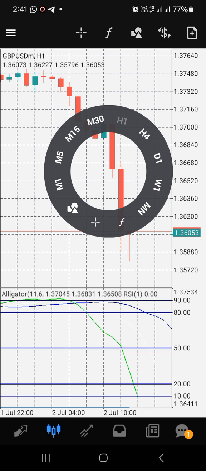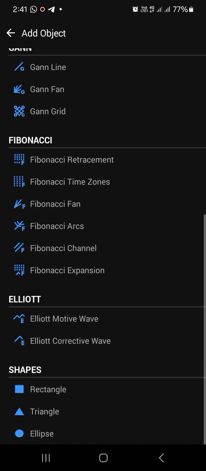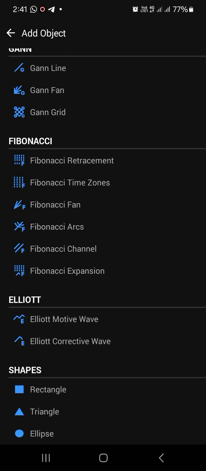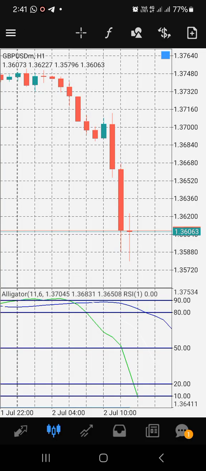Touch screen. The same way you draw, what's this called? Let me see. Okay, the same way you draw Fibonacci retracement, but here you touch the plus. Now, under shapes, you choose rectangle. Now, to draw the order block, you can start from any one, the one down, or you look for this